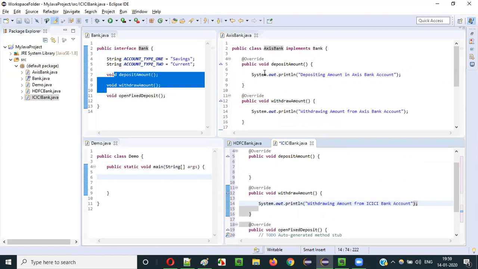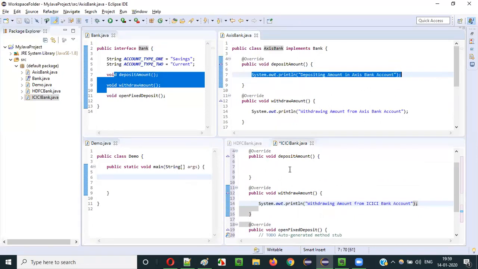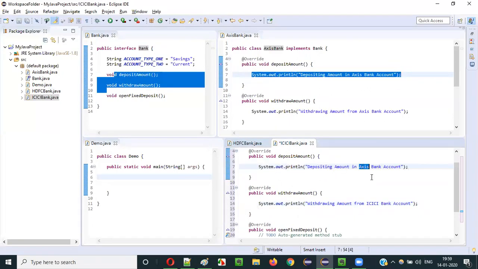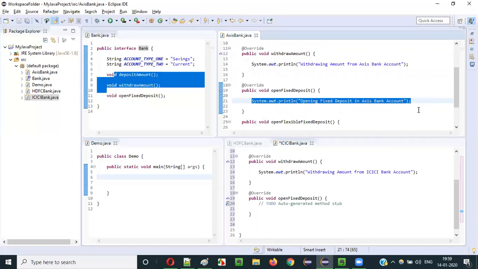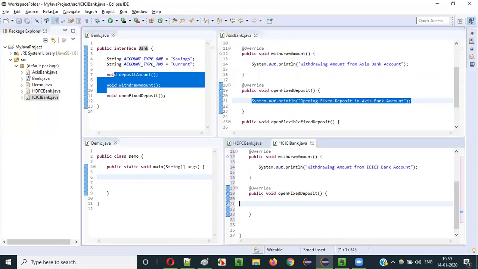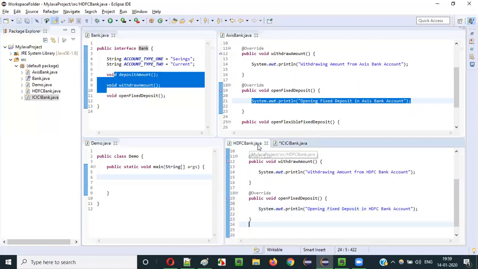And depositing should be there here. This is the ICICI bank account, and the last one is opening a fixed deposit inside the ICICI bank. Okay, here instead of Axis I will write ICICI. Now guys, how many